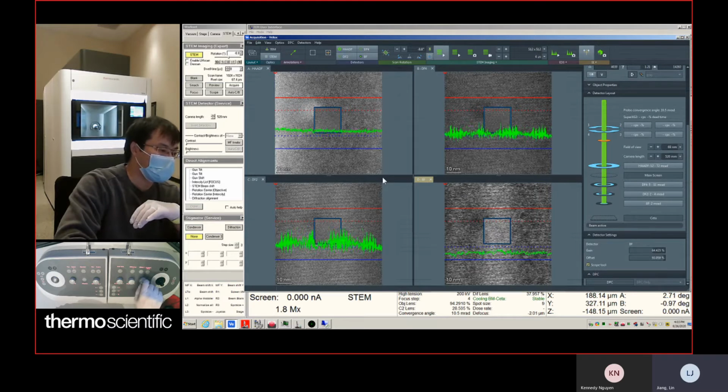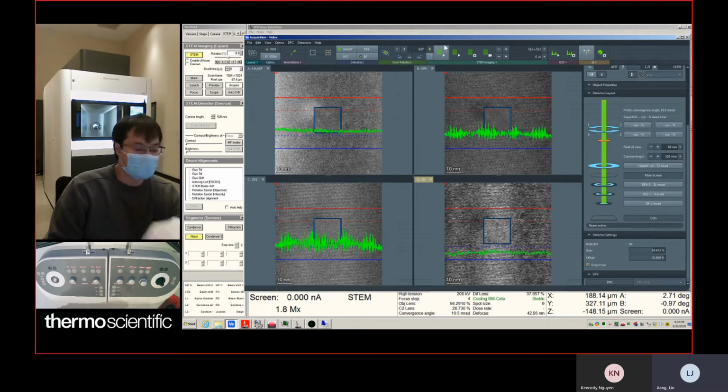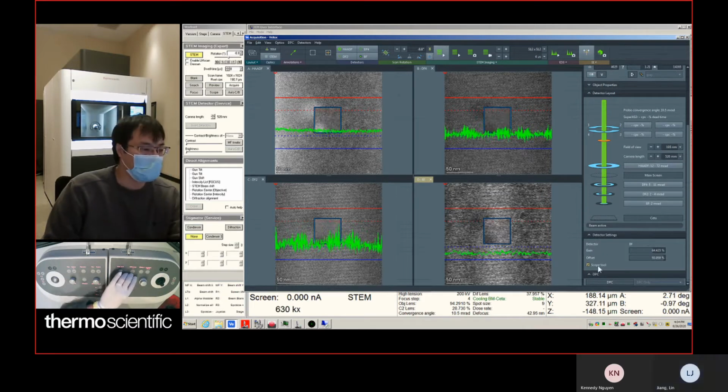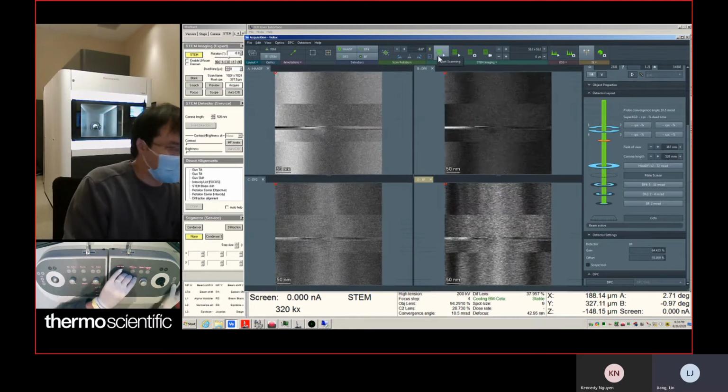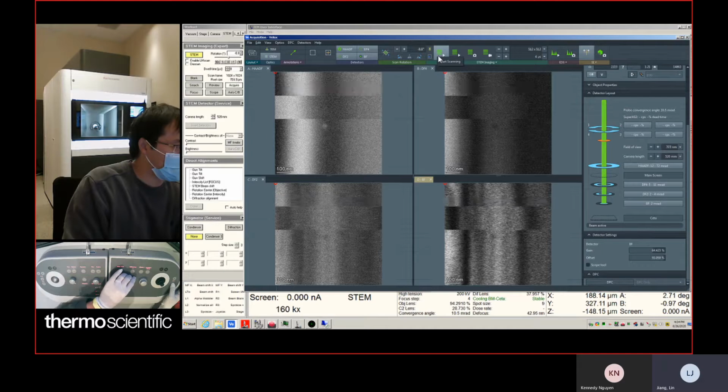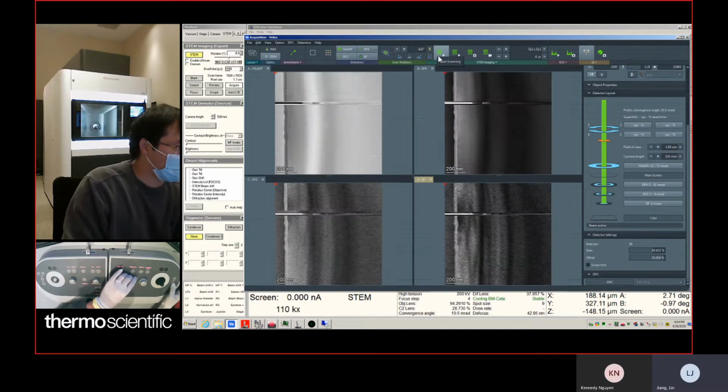This is way off, so probably need to use Z to bring it close, and then we can use the